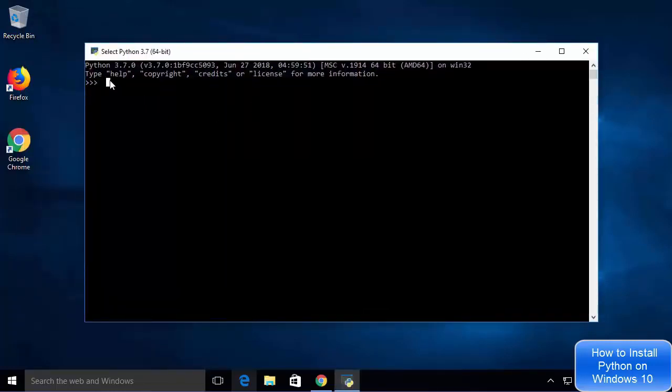So this is a Python terminal, and here we can for example print something. So I'm going to just write print, and in the parentheses and in between the double quotes I can just write hello world and then press enter, which is going to in return print hello world. That means Python 3.7 terminal is